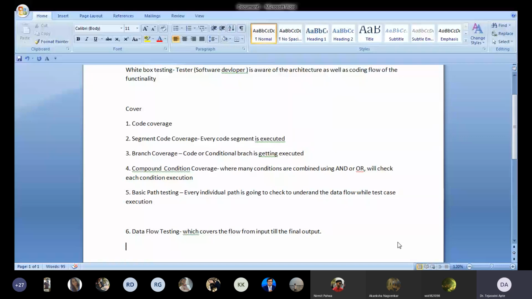In that case, you take care about the single loop, which condition is getting executed, if you go for the concatenated loop, or if you go for the nested loops. So in that particular sense, how exactly each and every loop construct is executed. And please make sure,